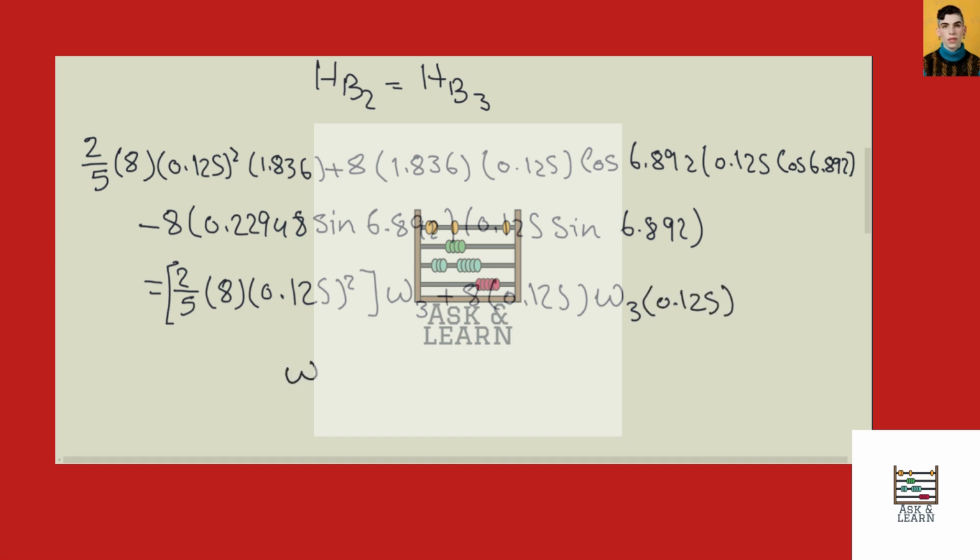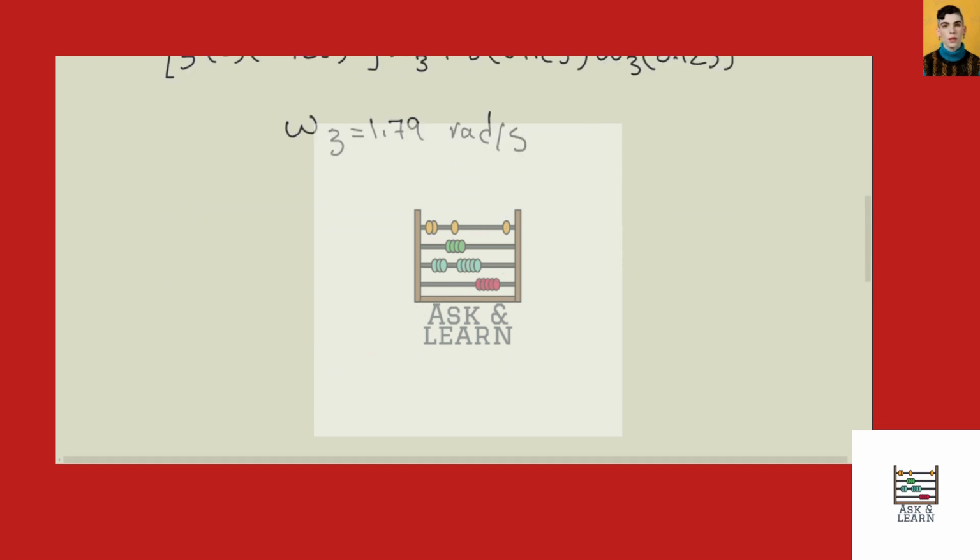So from this equation omega 3 will be equal to 1.79 radian per second, and also